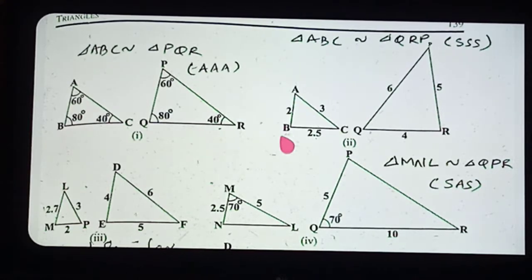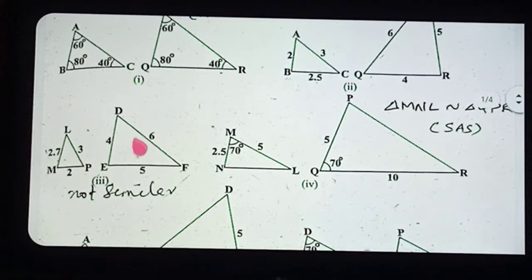Okay. Now next point, you listen. Here you see sides are given, but whichever sides' ratio you take, you do not get equal. So we can take 2 by 4, 1 by 2 coming, 3 by 6 how much is coming? 1 by 2 coming. Those two are equal. But 2.7 by 5, you see, is the ratio same coming? No. Any of the corresponding sides you divide and see, the same ratio is not coming. So what can you say? These two triangles are not similar.